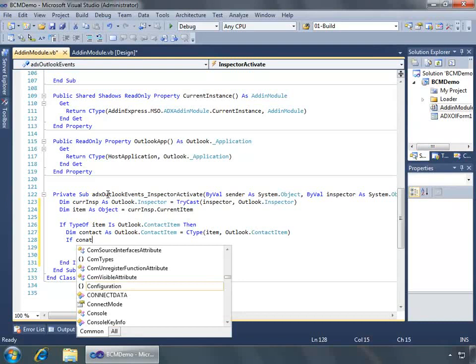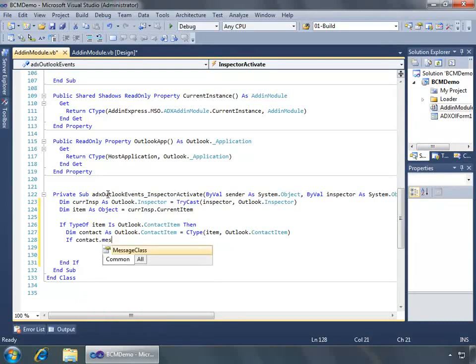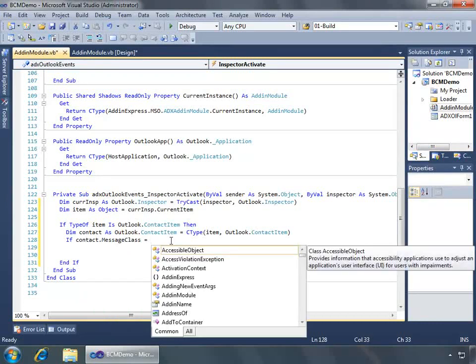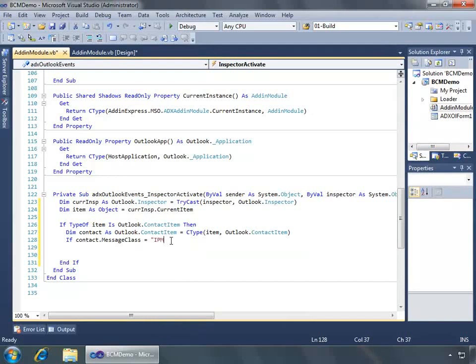And now we can take a look at the message class. And if it's the ipm.contact.bcm contact1 message class, then what we want to do